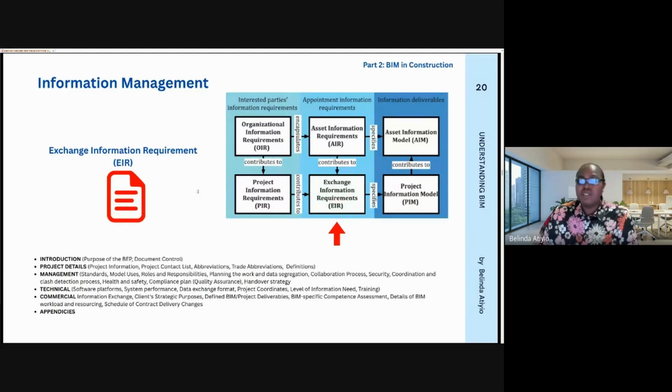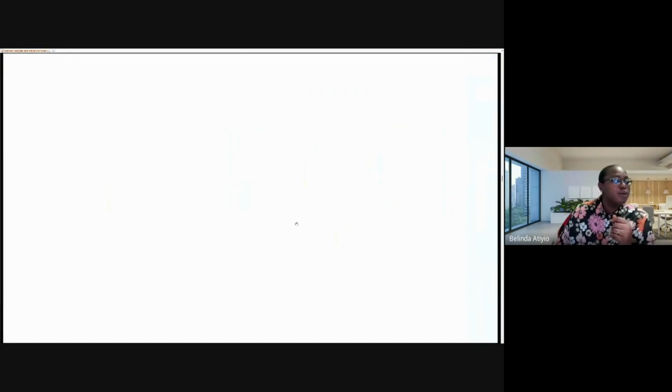I think I've already mentioned this: the EIR, the purpose of the BEP, the project details, the technical part of it, the commercial part of it. So these are all the things that are contained in the EIR, and that document is originated from the client, from his asset information requirements and the project information requirements. That is where you get the EIR. So going forward,